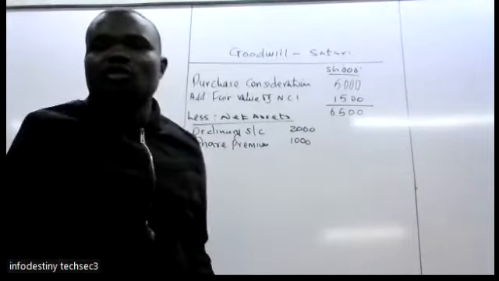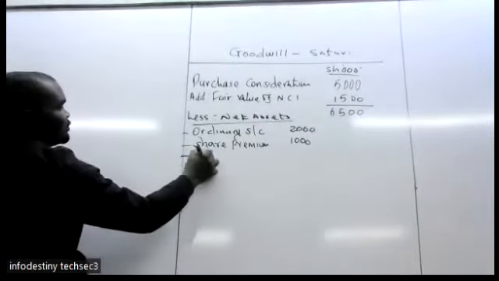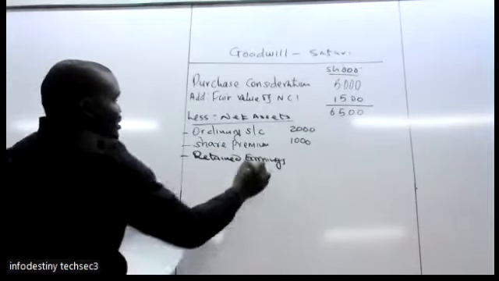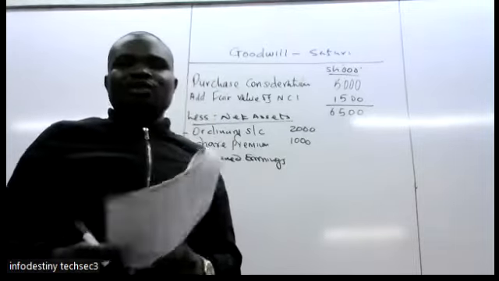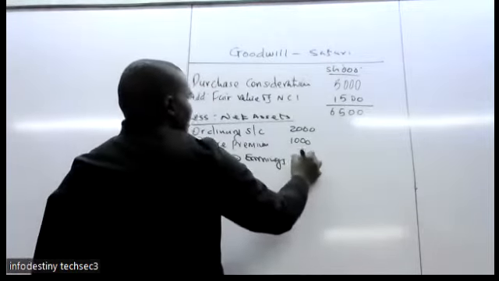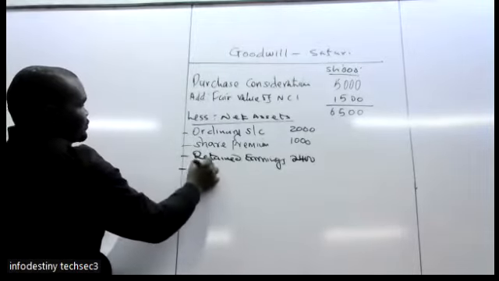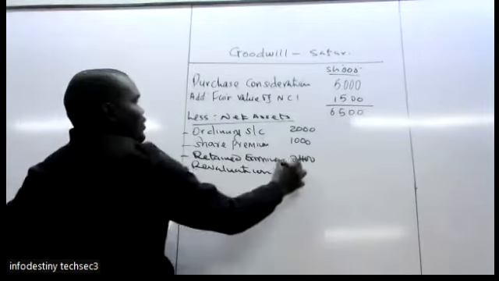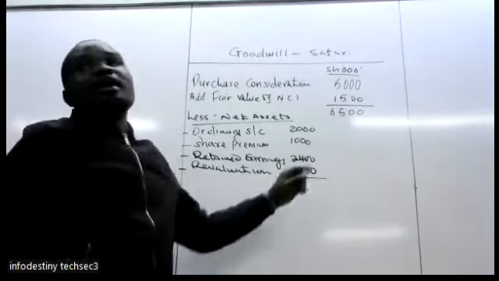But retained earnings, you take on the date of acquisition. Can you check note 1? When Safari was acquired, what was their revenue reserve, which is the retained earnings? 2,400. Check note number 2. There was revaluation. On the date of acquisition, revaluation was how much? 400. So the total net assets on the date of acquisition, can you add?